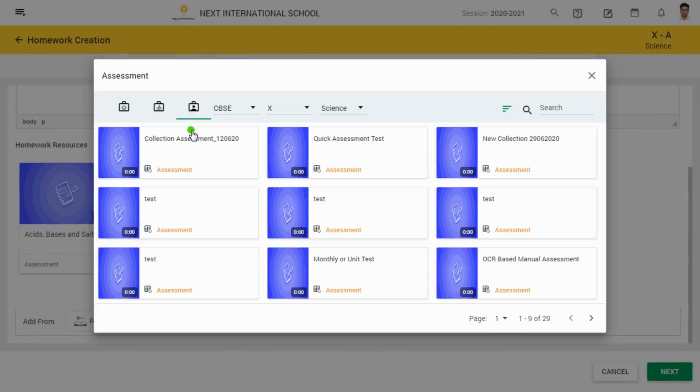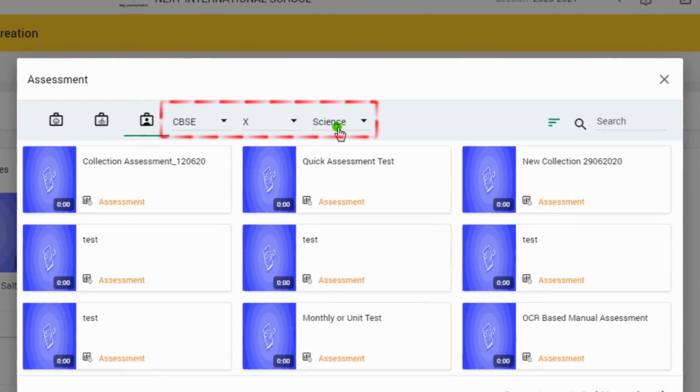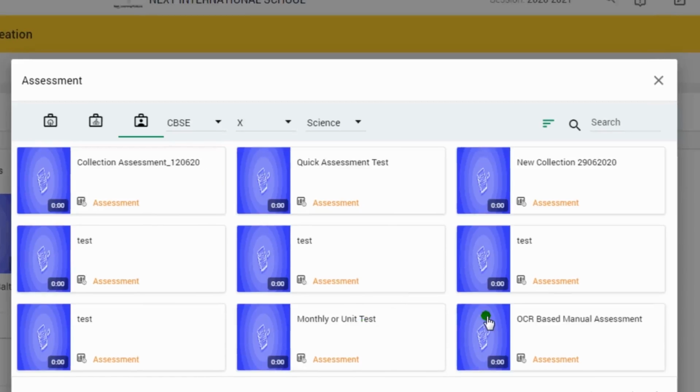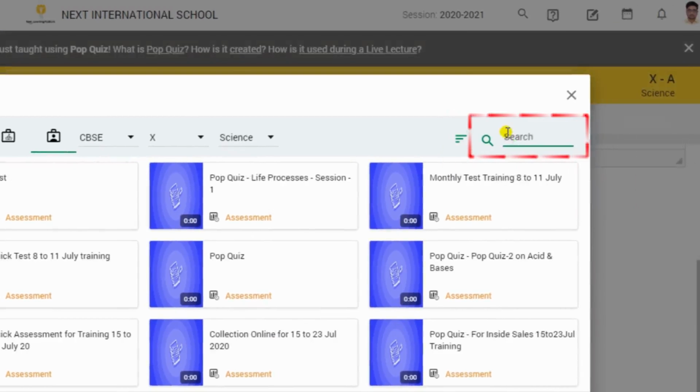We will be able to see all the created assessments in the selected board, class, and subject. We can also sort the assessments based on the recent date of modification or according to their names, and even search for a particular assessment.